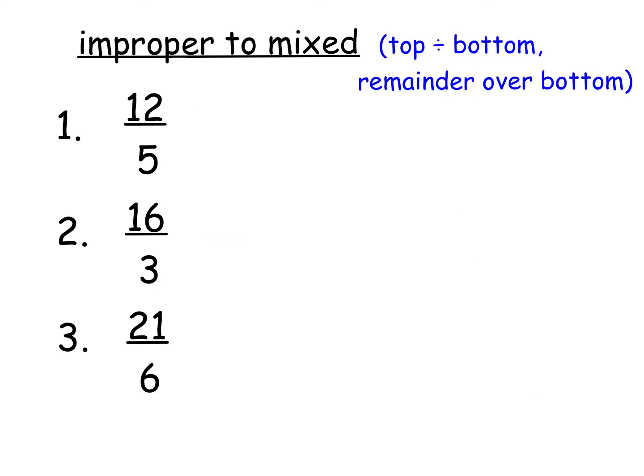Okay. Then we have to do the reverse process. We have to go from the improper fraction back to the mixed one. And the simple way to do this is we go back and do a very simple division sum. Anytime in maths when you have a fraction, that line really stands for a divide line. And some of the topics that you do in maths might have a formula you substitute into, and I'm thinking of speed, distance, time, because I've just done that with my class, and they were used to writing distance divided by time. And then they wrote it as a fraction,